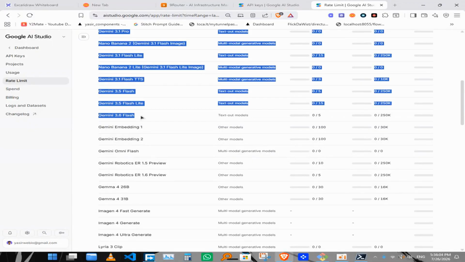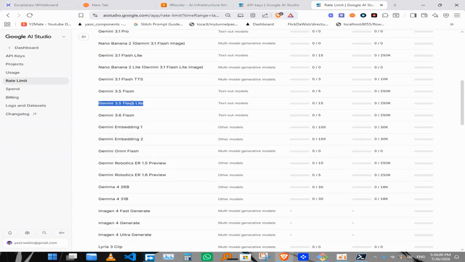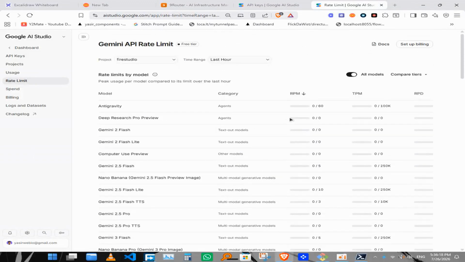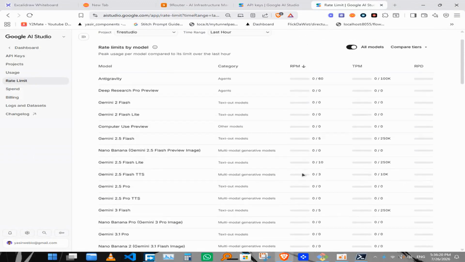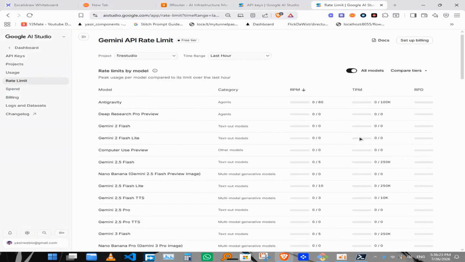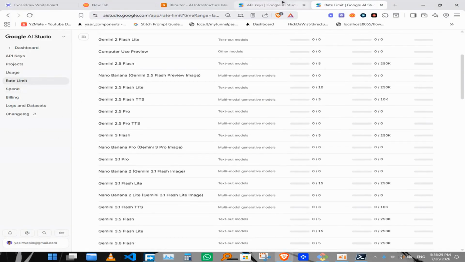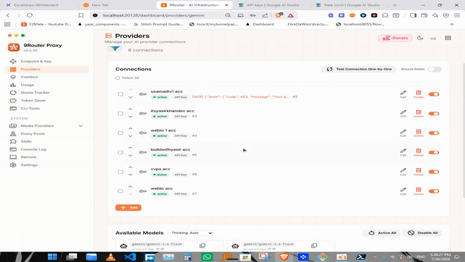You can see Gemini 3.6 Flash, 3.5 Flashlight and 3.5 Flash. It has a limit of 250k tokens per minute and a limit of 5 requests per minute, I think. Yes, you can make 5 requests per minute. These are some of the rate limits. So once you configure these,